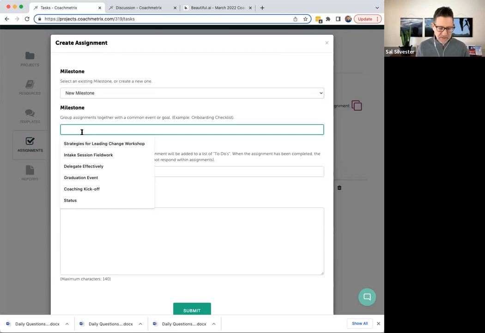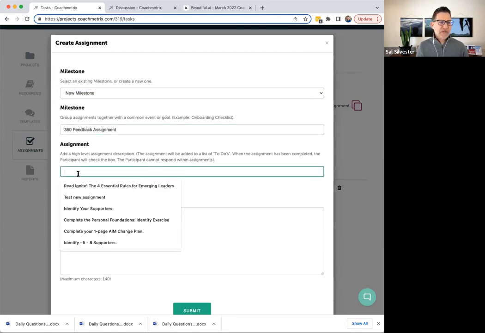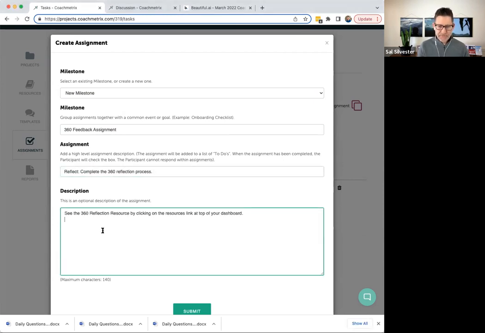In this case, let's call it 360 feedback assignments. And then we're going to label the assignment. So you can just copy and paste whatever it is that you want them to do. Complete your 360 process. And then there's a description field, so you can add a little bit more description of the assignment if you choose to.